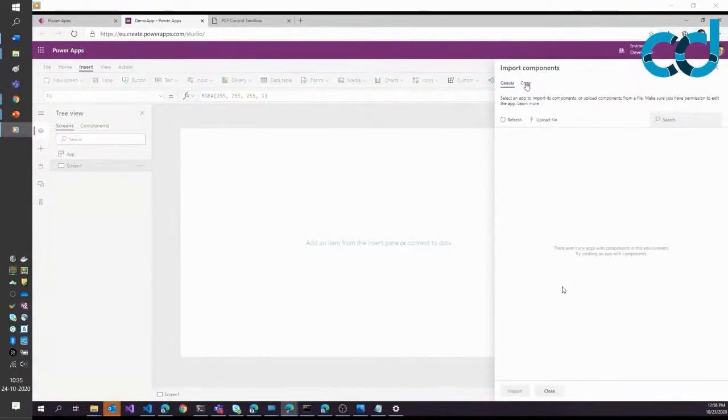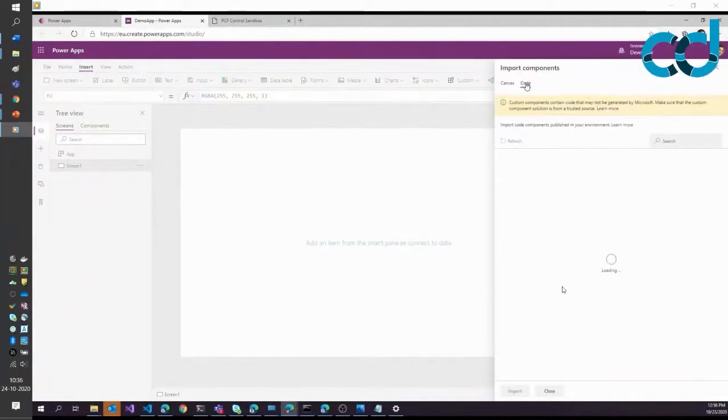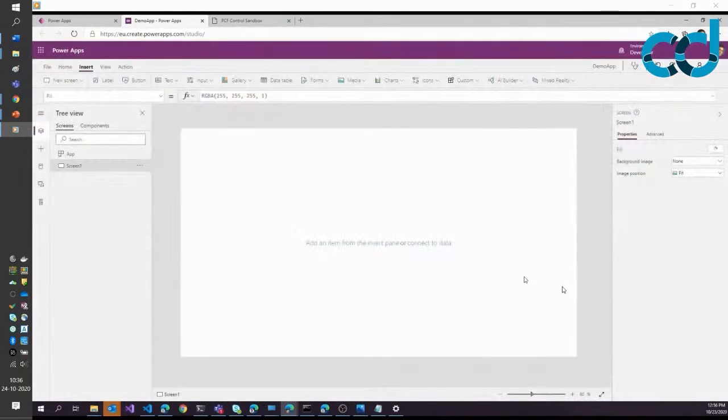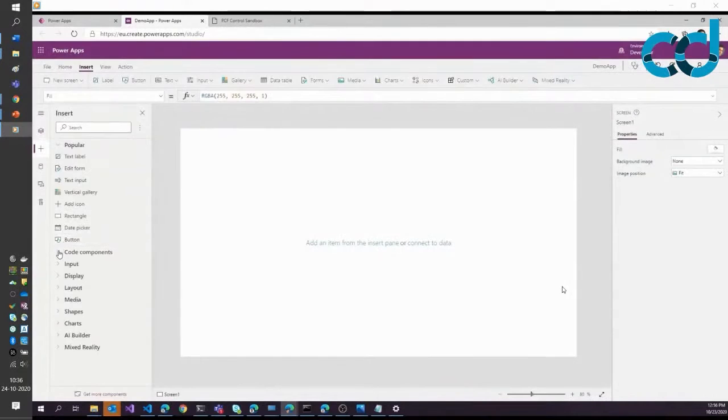Because I've published it in my project here in the code, you should be able to find my rating control. There it is. And then we say import, which makes the component available in my gallery. And now I can drag and drop the component on my canvas, and now it has the same behavior as what I showed in my test environment.